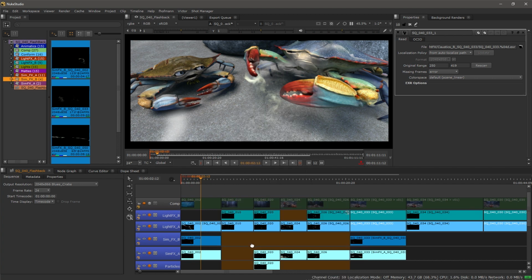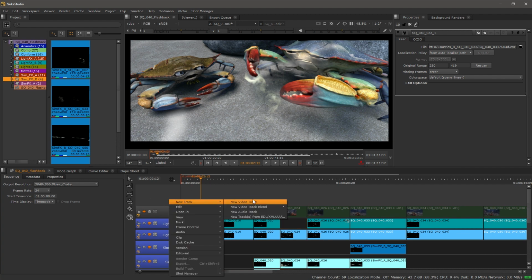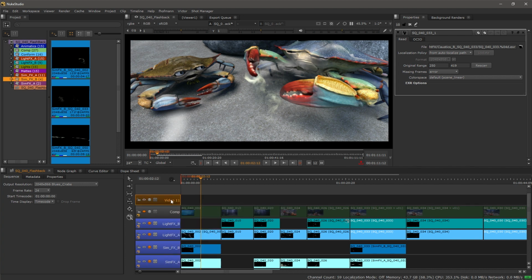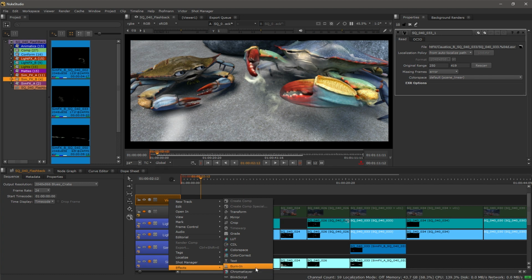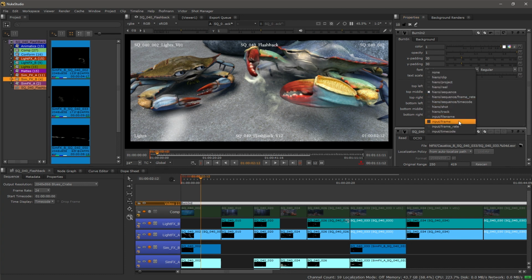Now, if we want to, we can be selecting it and adding a soft effect to a clip, but we can also be doing it at a sequence level. If I add a new track, a new video track, select the actual track itself, I can right-click and under effects, I'll do one of the most common ones, especially for review, which is the burn-in. Now from here we have all the properties for this where we can make any visual adjustments that we want to, but we can also be choosing what type of information that we are seeing in different areas of the